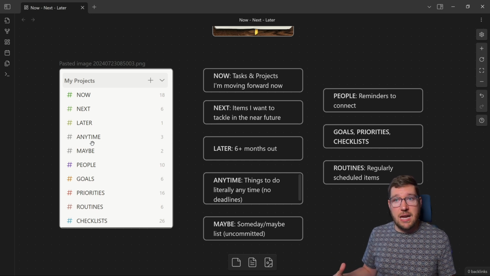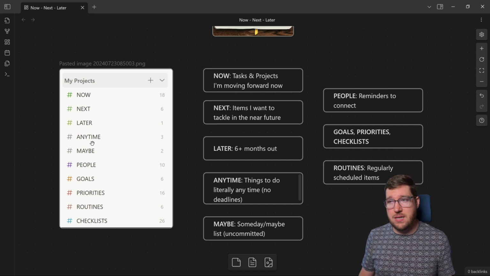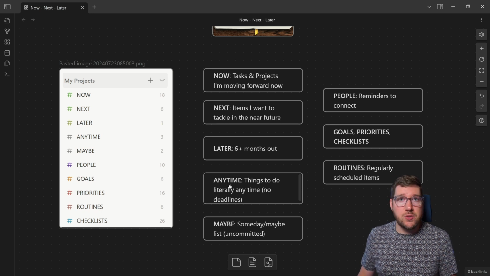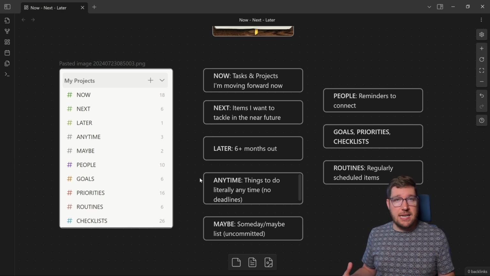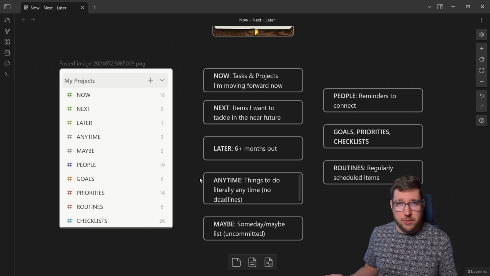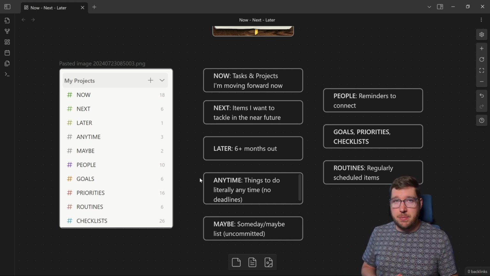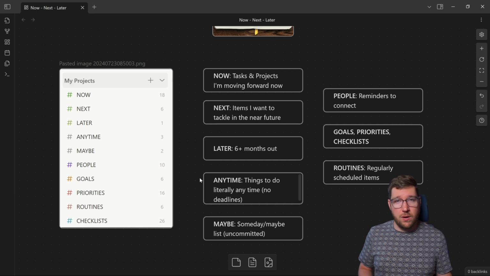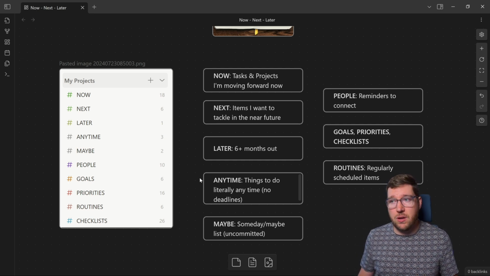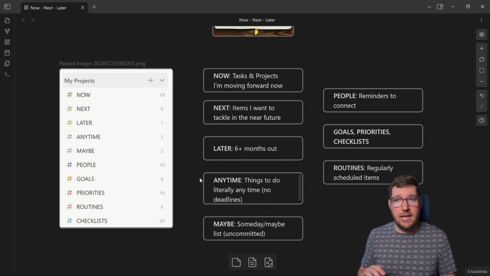are other things that I would like to do as well, or things that I want to track inside of my system. Anytime is one of those such lists. These are things that I can do literally anytime. There's no deadlines. This might be a random project around the house. This might be a hobby project that I have, such as building out a routine for learning how to play guitar or setting up an FPV drone. These literally have no deadline, and I can pull anything from this list anytime that I want to in my